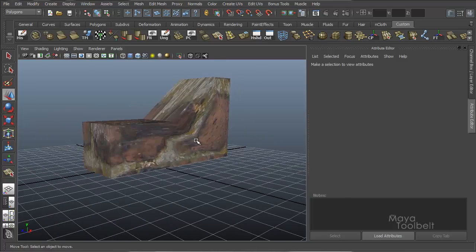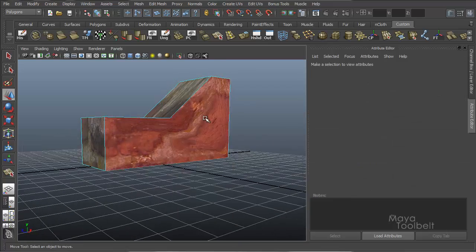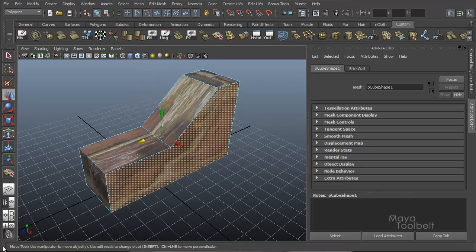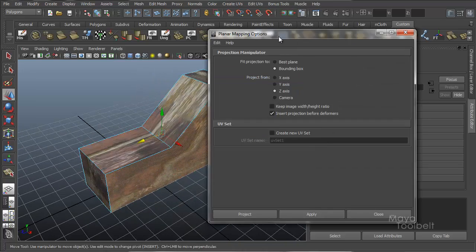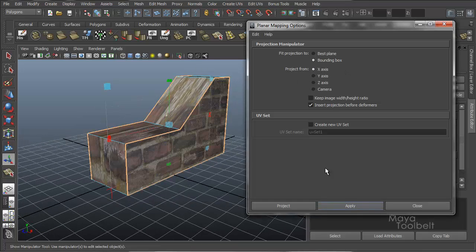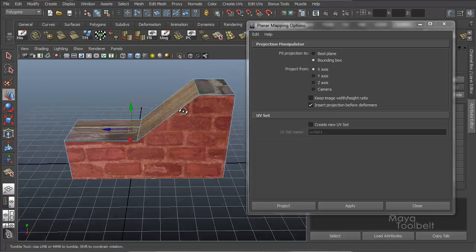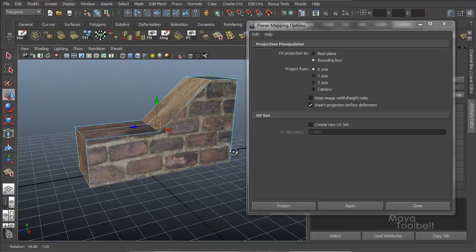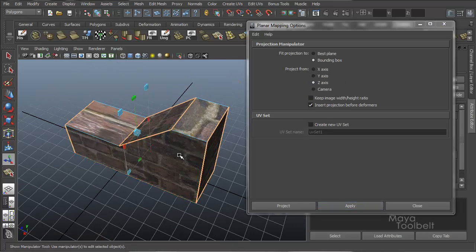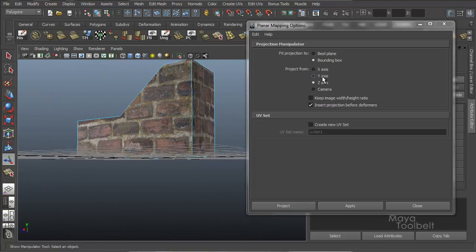Not exactly what I would want. So we're going to do the same thing. We're going to select our faces that are facing the axes that we're going to project from. And for this case, I'll project on the x-axis, hit apply, like so. And then I'll select these faces and project from the z-axis, these top faces, and the bottom project from the y-axis,